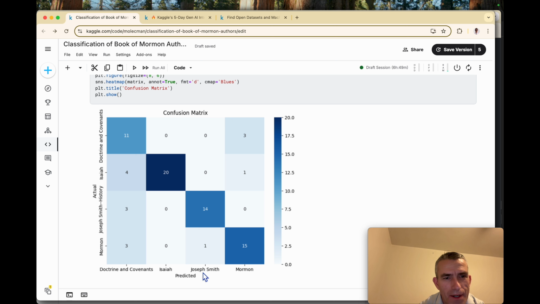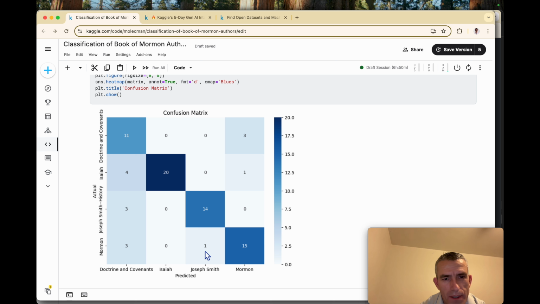So here from Joseph Smith history, it's saying 14 of the 17 items in the set were predicted to be from Joseph Smith history when all of them were. So 17 items were from Joseph Smith history. It predicted that 14 were there.